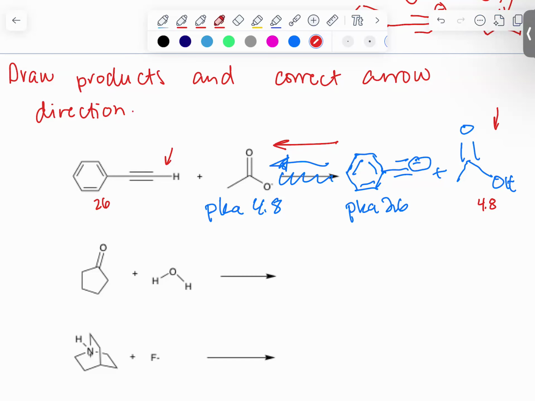So with this set of examples, you have a negative and a positive that is showing you which way to go. So your negative, and this proton being explicitly drawn, that's your dead giveaway. That's the proton that's going to